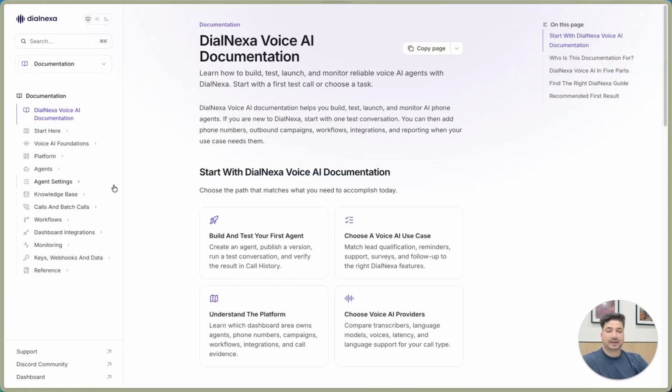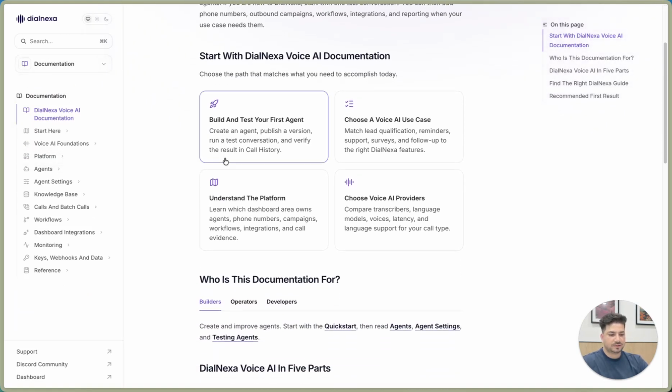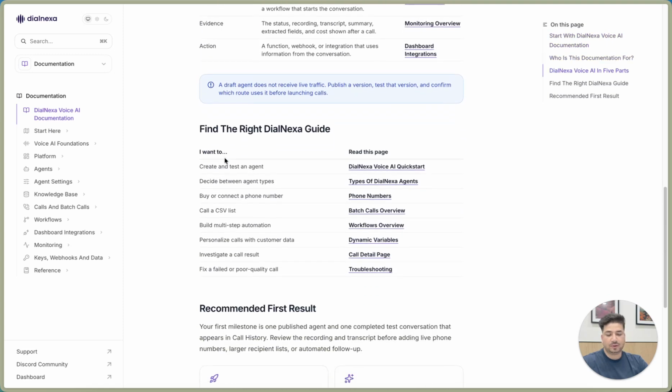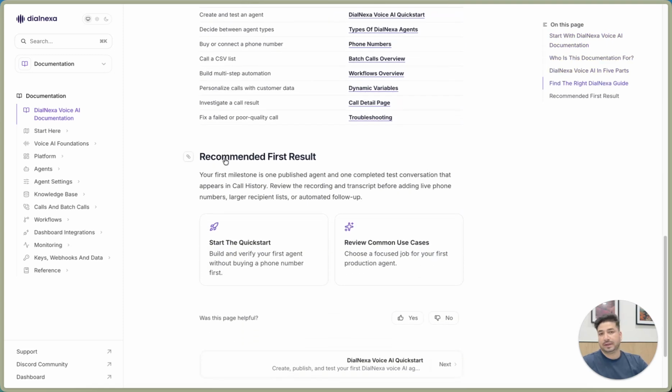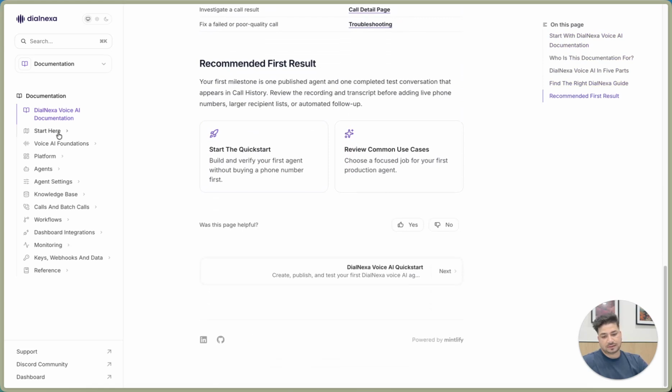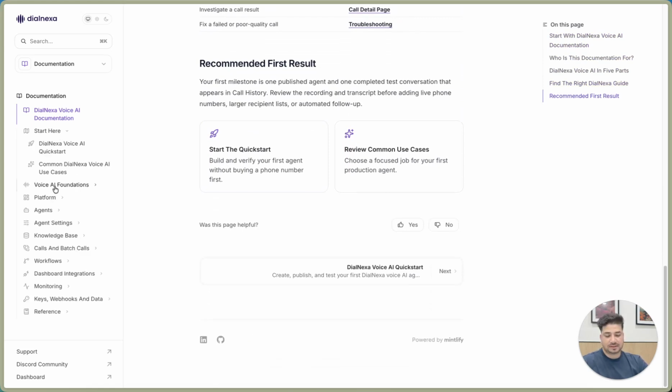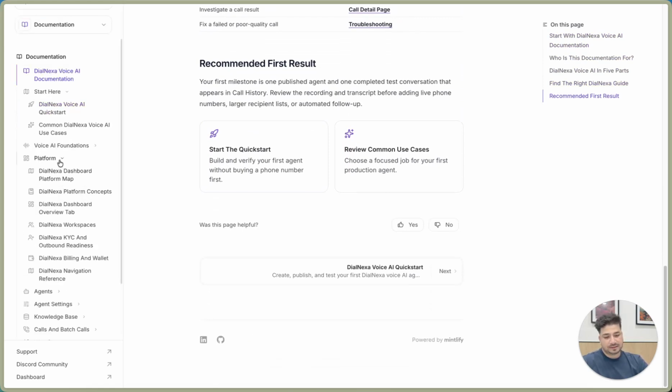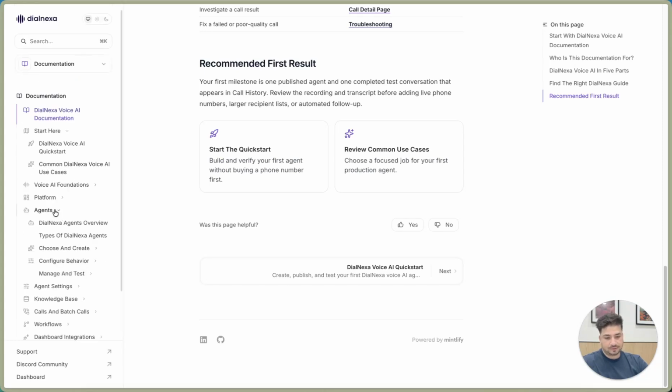So on the Documentation tab, the first thing you see on the drop down is the documentation itself. It covers a few basics for people who are very new to voice AI or maybe to DialNexa. There's a side navigation to help you get started, and you can explore a few things here from the documentation